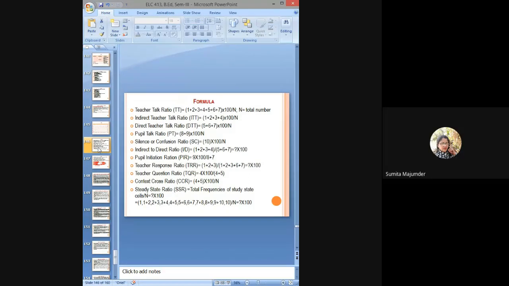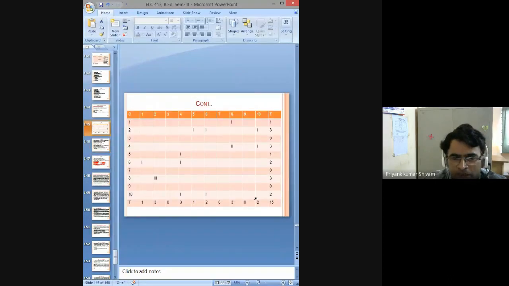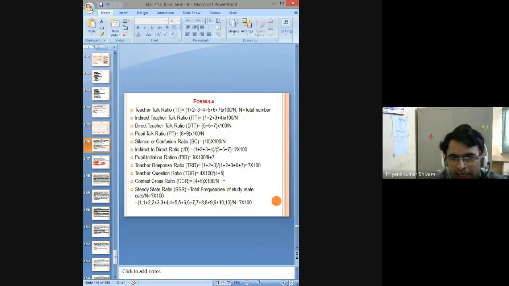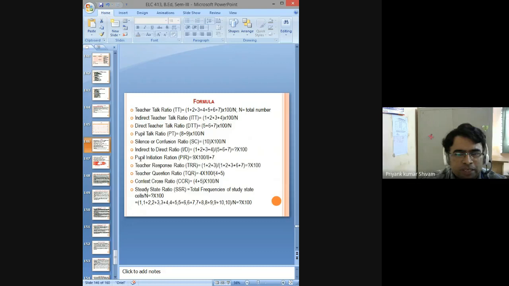Okay, someone asked about the PIR value. You have to find out the PIR value here. Now see, PIR value equal to 9 by, you have to find the value of 9. What is the value of 9? It is 0. Then 8 plus 7. What is the value of 8 plus 7? 8 equal to 3, 7 is 0. So 0 divided by 3 into 100. Clear? Those who asked about the PIR value, that means 0 by 3 into 100. It will come according to this table.